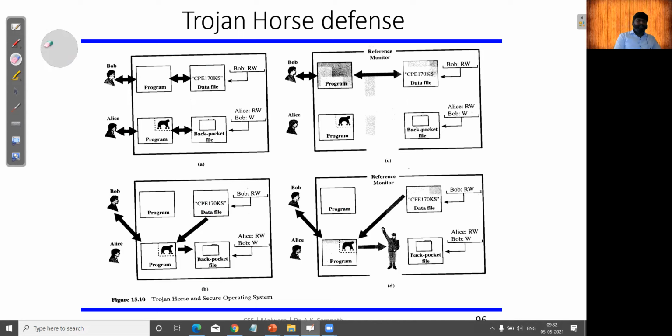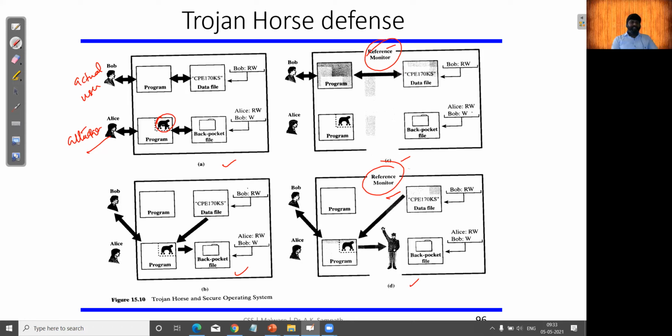Look at this diagram, there are four diagrams, A, B, C, D, right? Now C and D are implemented along with the reference monitor. The first two diagrams are simple diagrams, right? Bob is an actual user and Alice is an attacker. Now the attacker is trying to launch a Trojan virus onto the remote computer of Bob, right?